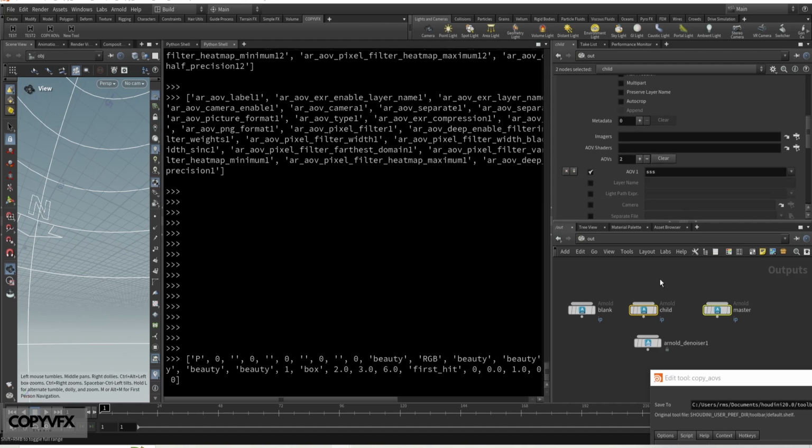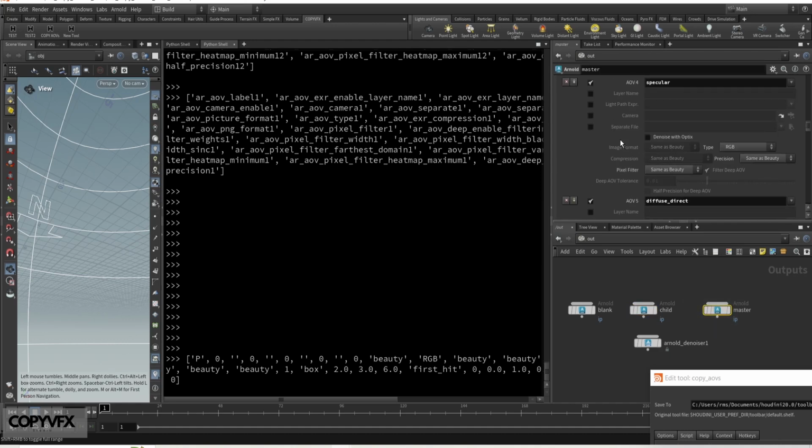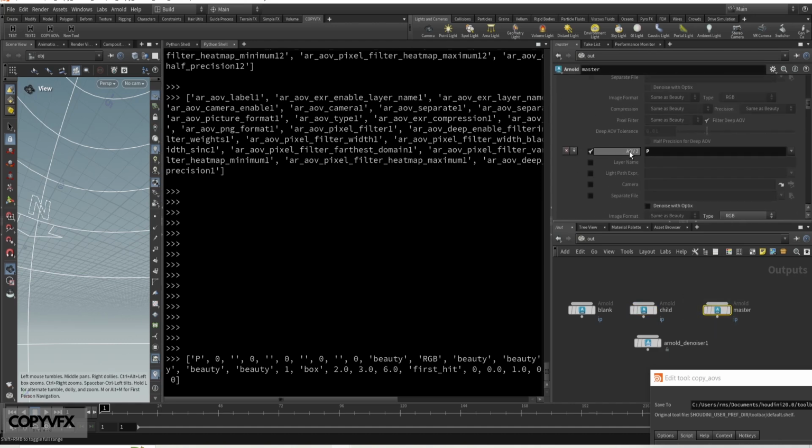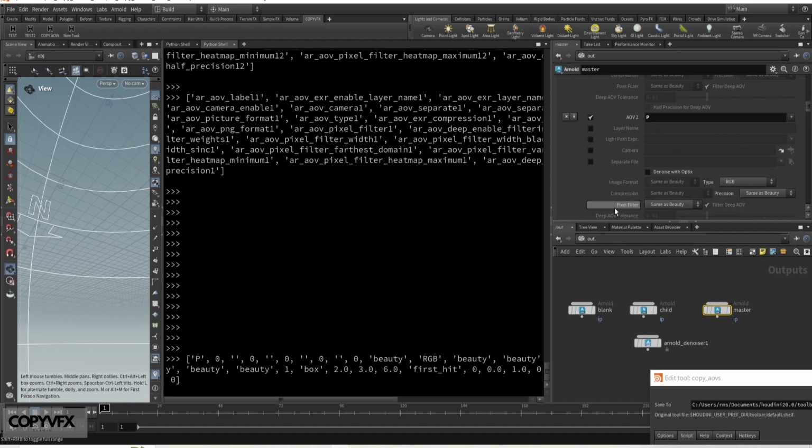So this is giving me the value of this label, then it's 0. So where there is no value, it's 0. These values are also recorded over here. So it will just give me in a list of each AOV which is selected. If I just select it again,